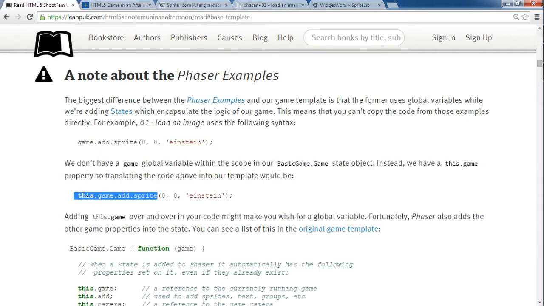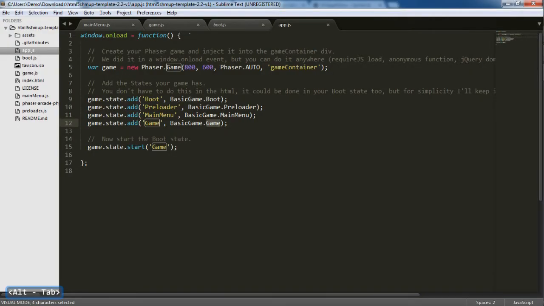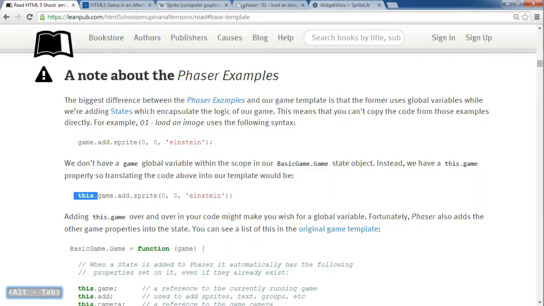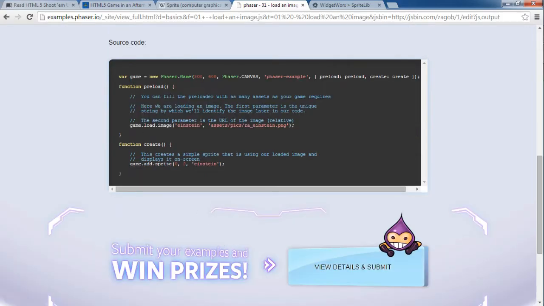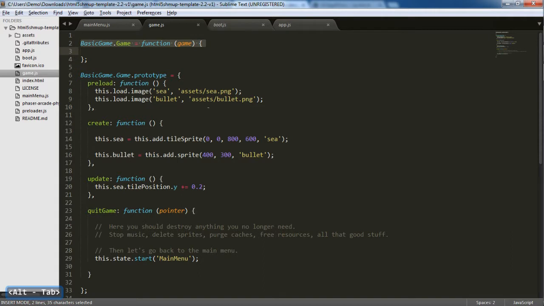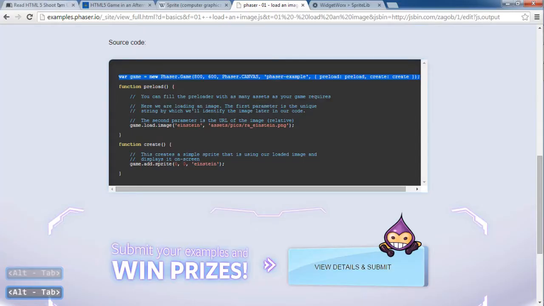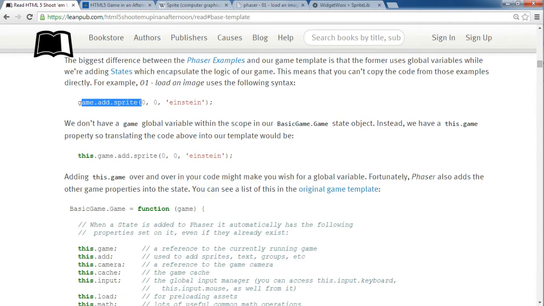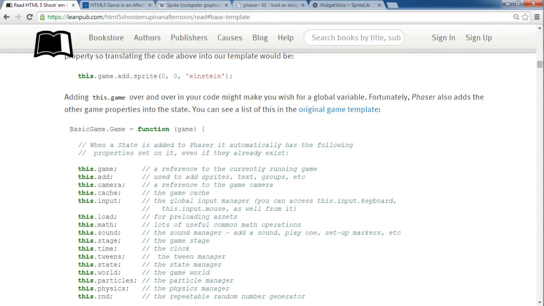Because if we don't include this, there's really no reference to game inside the context of our functions. So here, there's no game there, but compared to the other example, this one has a game within its context because it's visible in this context. But in our case, it doesn't. So instead, the game reference is injected. Long story short, instead of using game.add.sprite, all instances of game are shortened to